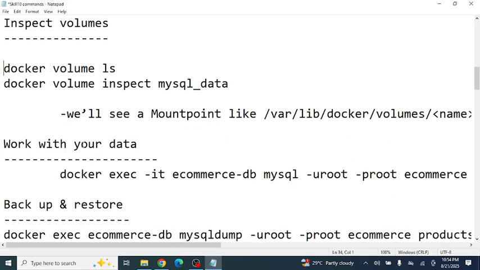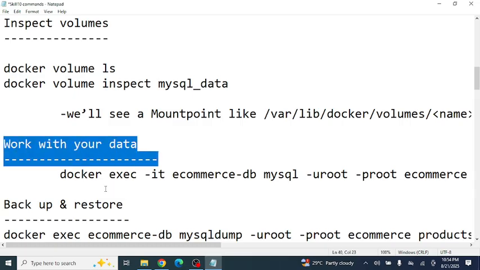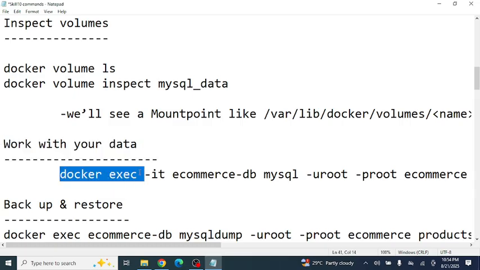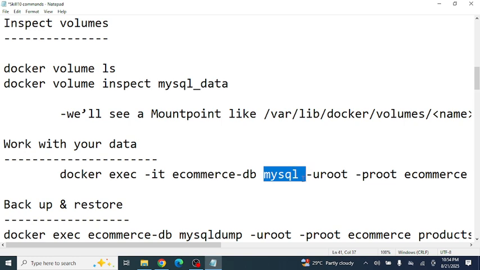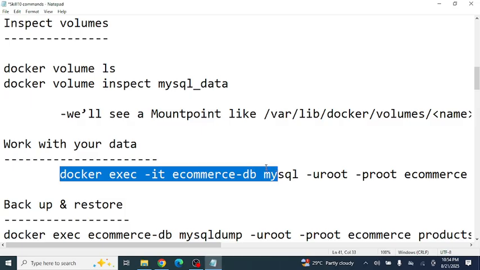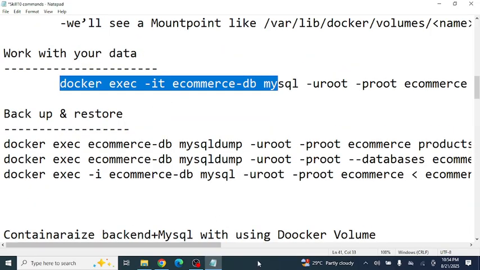Next one, first of all, we know this one. If you want to open the DB container, we simply need to use the docker exec command. Docker exec, your container name, and along with the container name, we are calling MySQL. Now if you want to back up or restore your data with the volume, simply